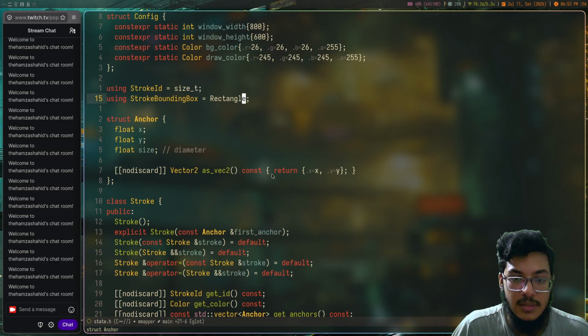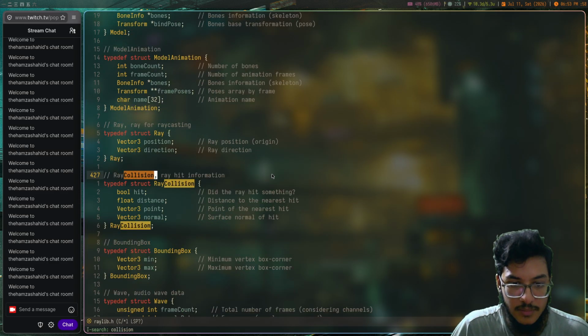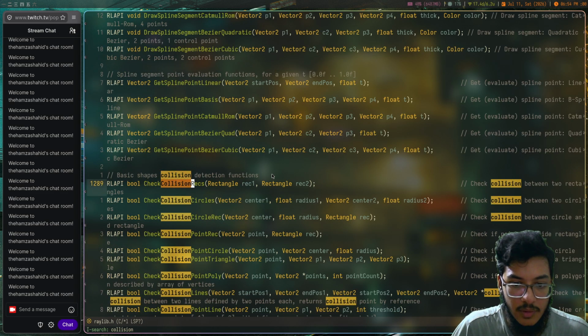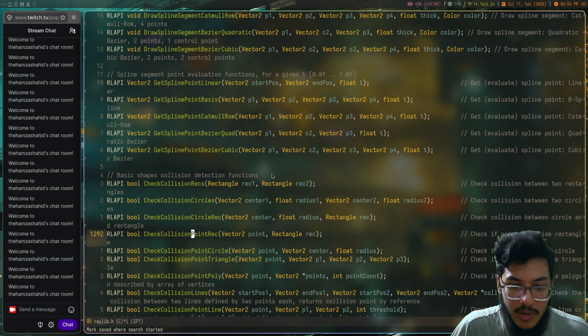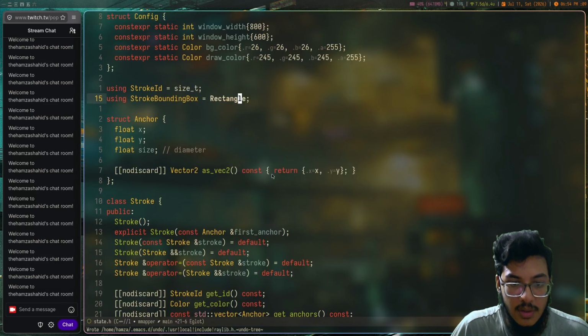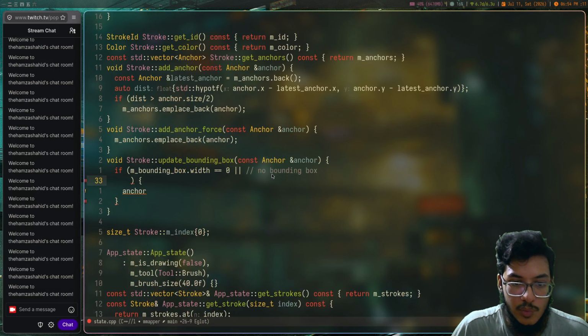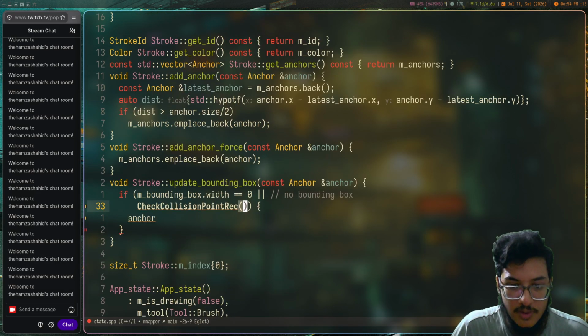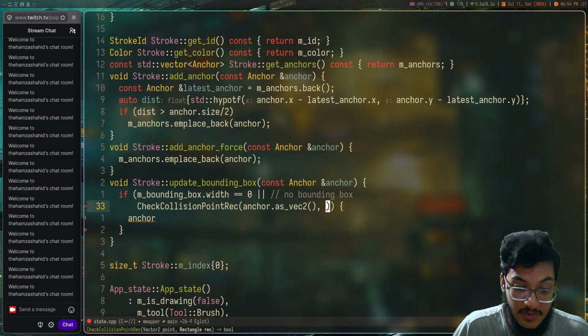Let's see collision. Check collision between point and rectangle. So this is P. Check if a point is inside a rectangle. And so we can just do that. So check collision between point and rect. And so in this case, vector to point anchor dot as vec2. That's a very useful function now. And rect